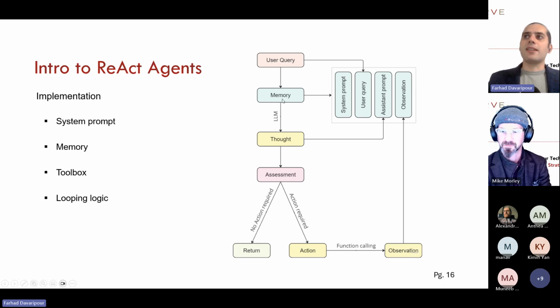And every time we go through this loop, we keep adding to the memory. So the memory is going to expand. That's why the agent always remembers what was going on in the past. And we have the memory. So based on the memory,